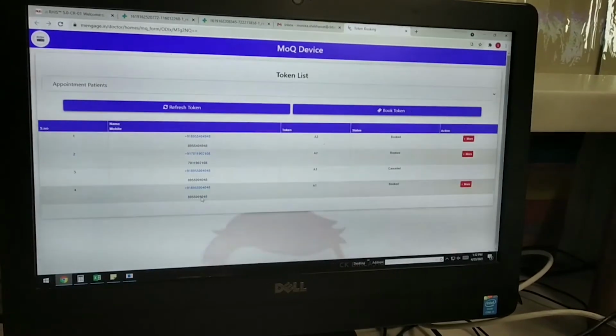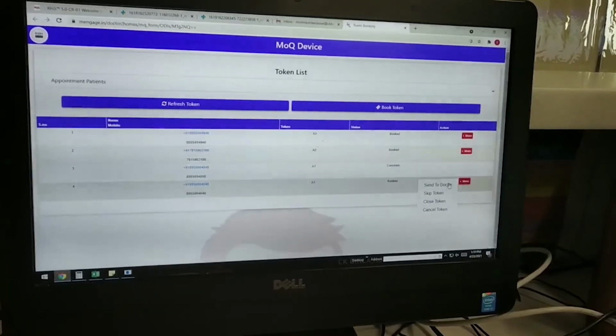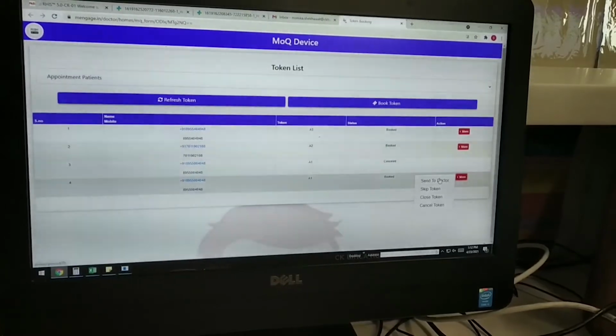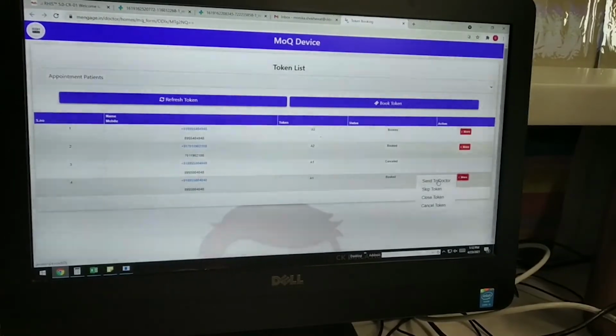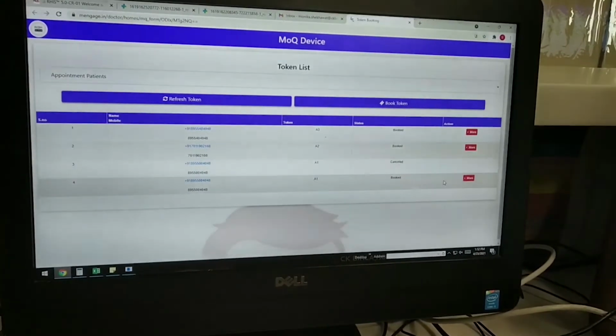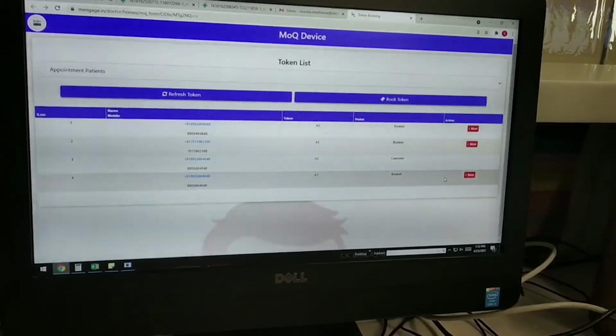Mine was this one, and they will just send it to the doctor by simply pressing a single button, send to the doctor. What the doctor's attendant will do, we will show you in the next clip.